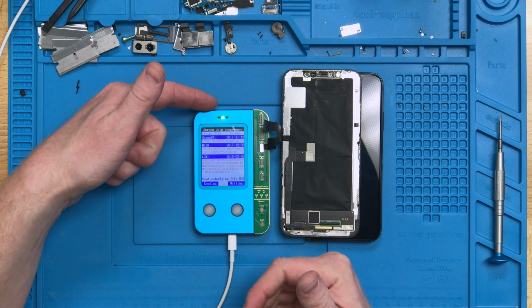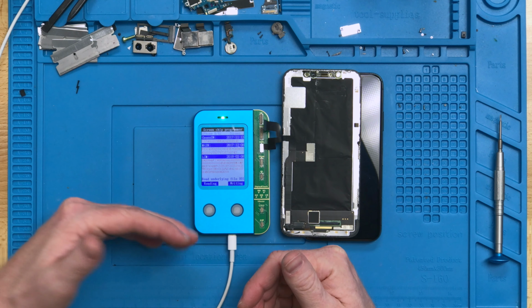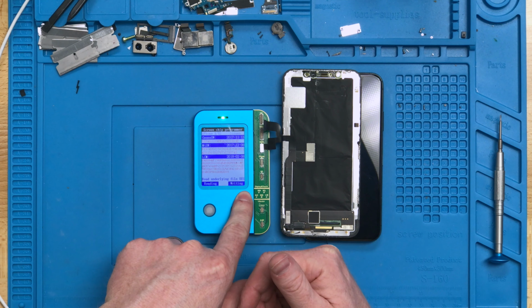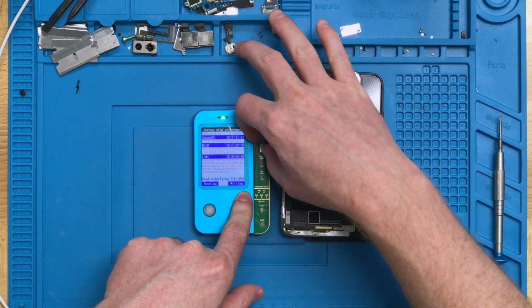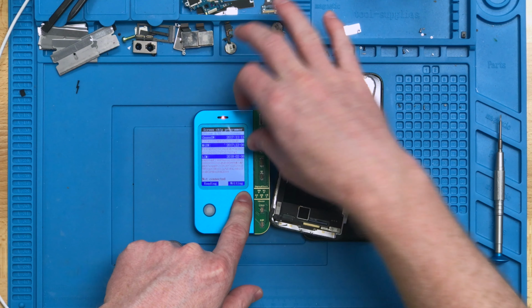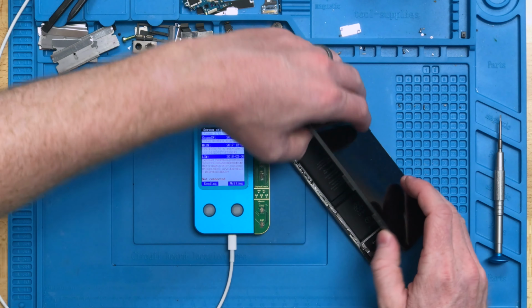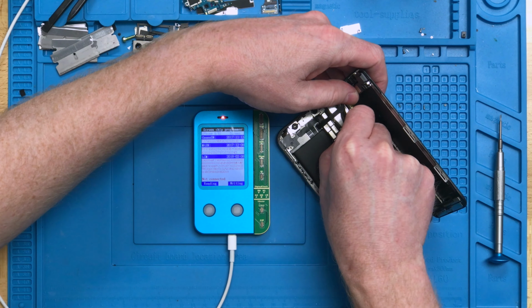It's going to say reading data, flash the light, and now it is ready because it has read the underlying file 001. So now what we need to do is disconnect this and set that off to the side. And then we're now going to take this one here